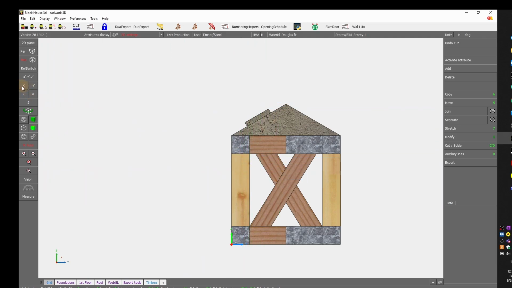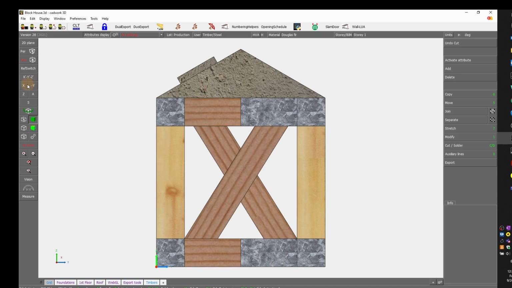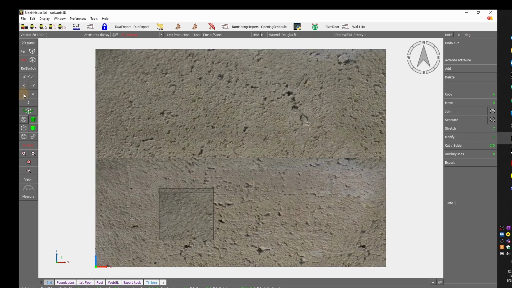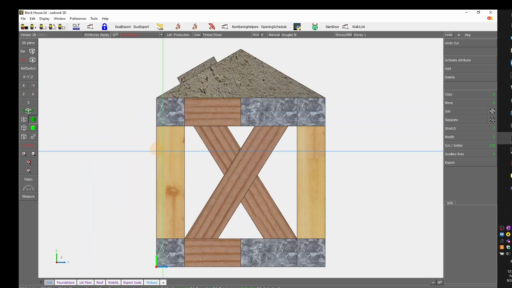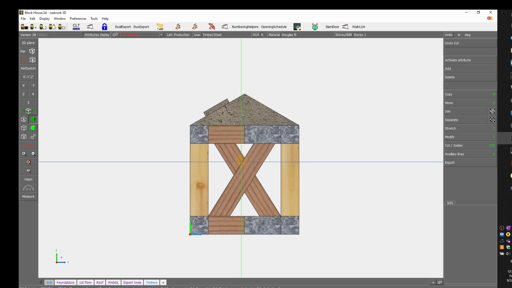So change the view by clicking here on the right, on the left. So an X view, Y view, Z view, and axonometric view. So we will be bringing these views one after another. There are features in Cadwork to automate and generate these views automatically using the export solid. This is something we will be looking at later on, but first we need to know how to walk first